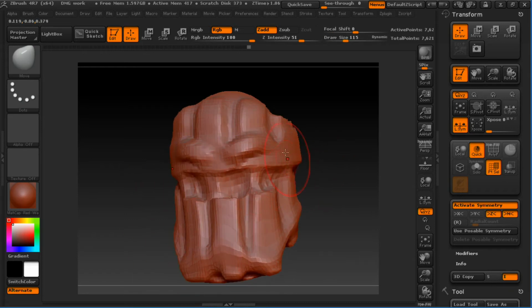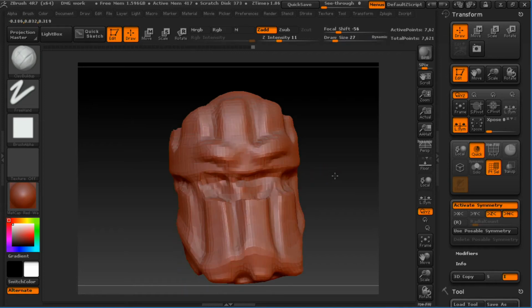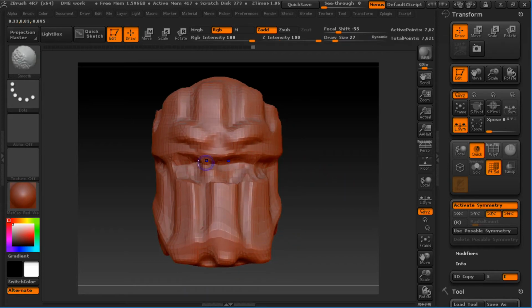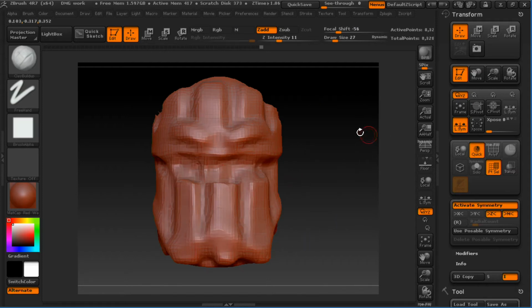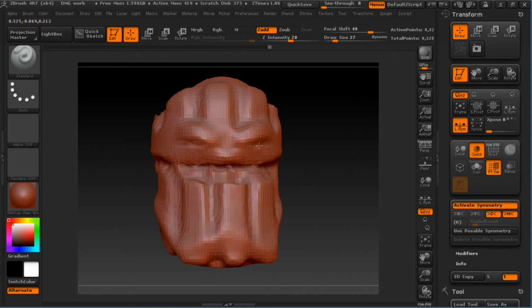And all of this can be done really nicely and quickly and easily to start getting a really, really interesting shape right away. And if I wanted to get more detail out of it, just re-Dynamesh, cut some pieces in, pull some pieces out here, there we go,